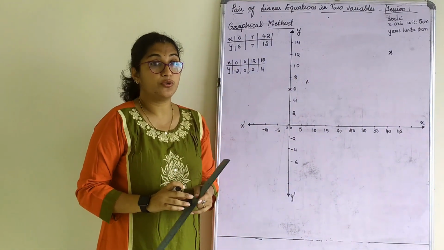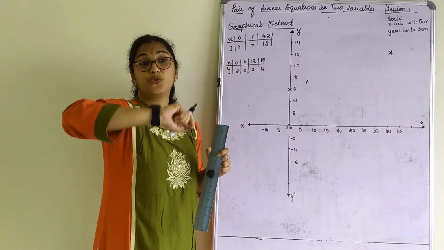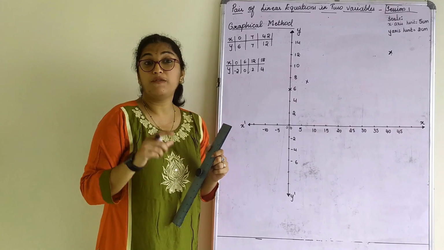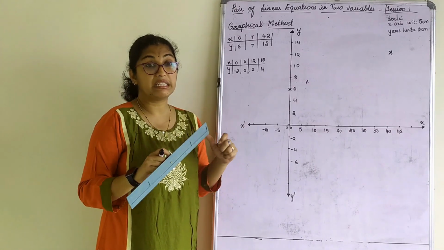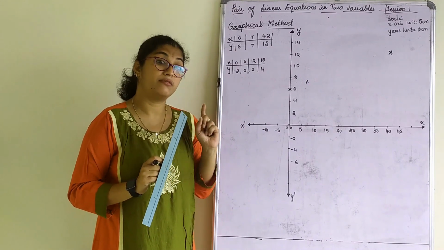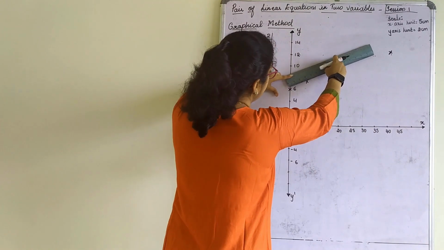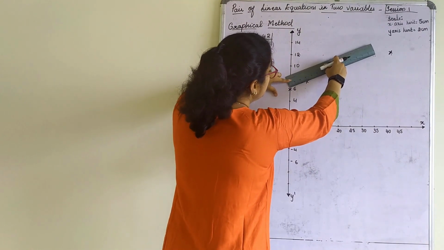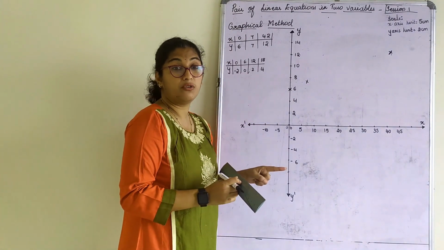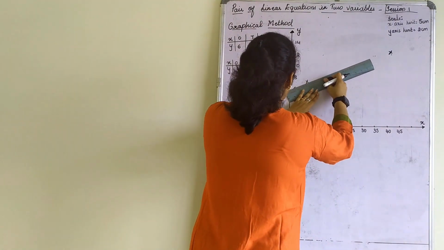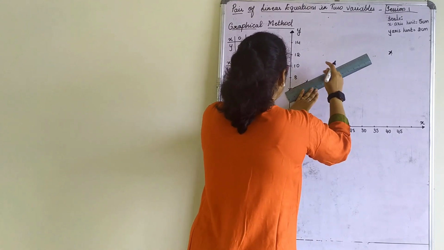For the graphical representation in this year's syllabus, the values are quite large, you need to stretch the line. So if you have a smaller scale, you might go wrong. So use at least a 30 centimeter scale if you have. It is the best suggestion. See, even my scale is not sufficient here. So what will happen in such conditions? The graph will go wrong, the straight line will go wrong. Okay, anyhow, we'll first try to join these 2 points. Based on that, I will join the next point.